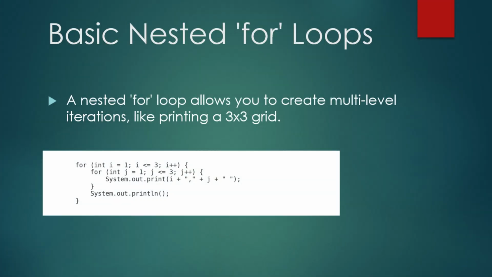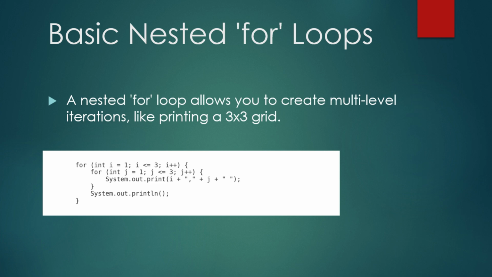Let's look at a simple example of nested for loops that print a 3x3 grid of numbers. for (int i = 1; i <= 3; i++) { for (int j = 1; j <= 3; j++) { System.out.print(i + "," + j + " "); } System.out.println(); }